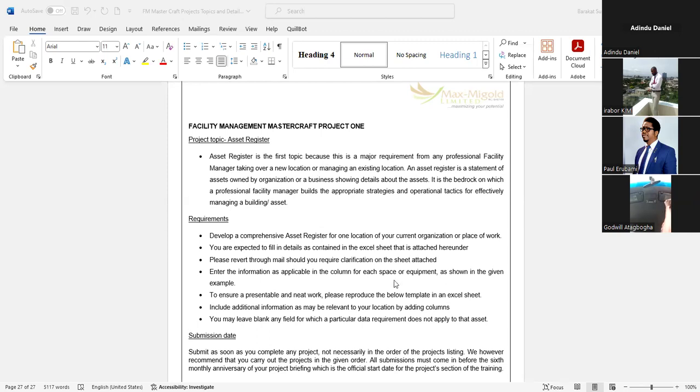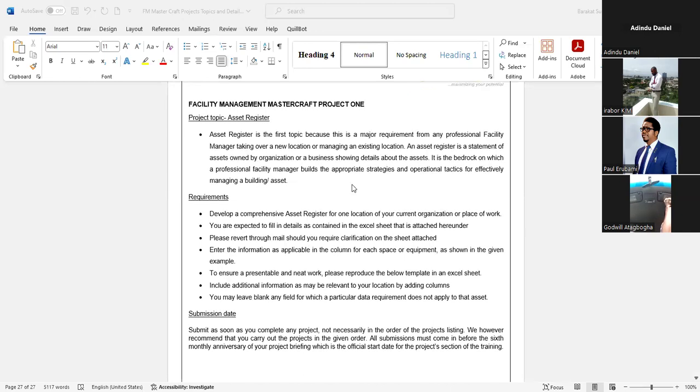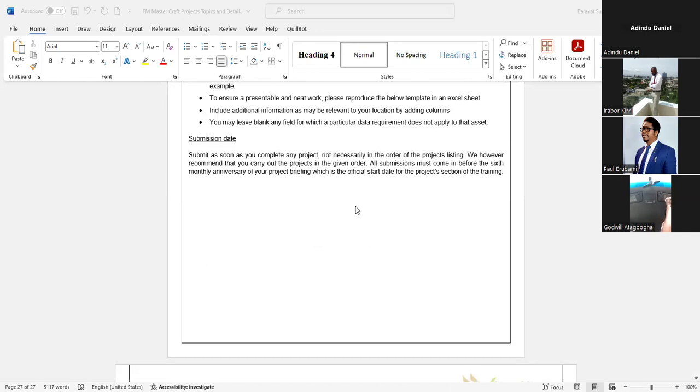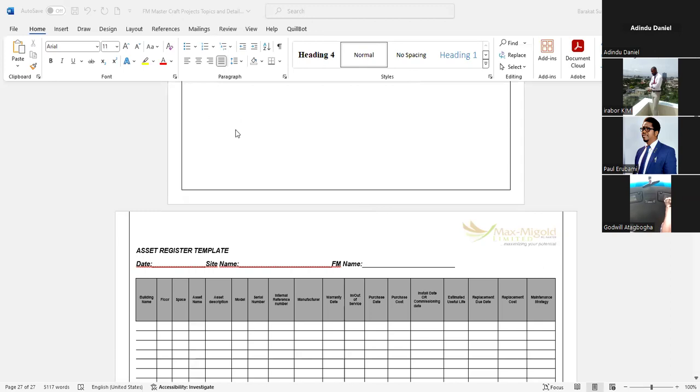And so by you completing this program, I already believe that some of the things we've learned in the course of this training, we're already implementing in our respective places of work. However, this project is also an additional value you can put in place in your own organization. So for the asset register, it's pretty straightforward, provided that you work with these templates. Each of the project topics already has a template in the docket for you to work with. All you need to do is copy this into an Excel sheet and fill in the required